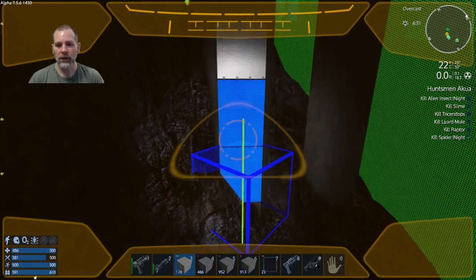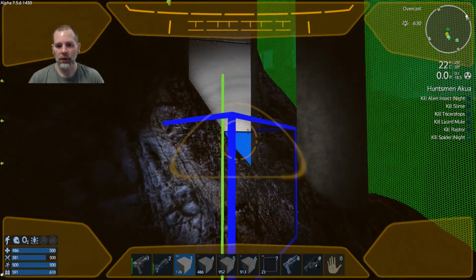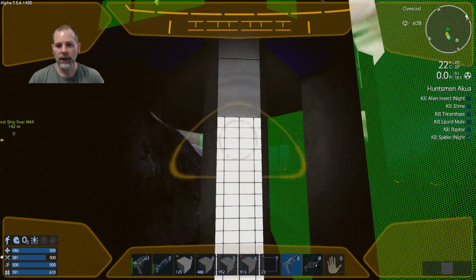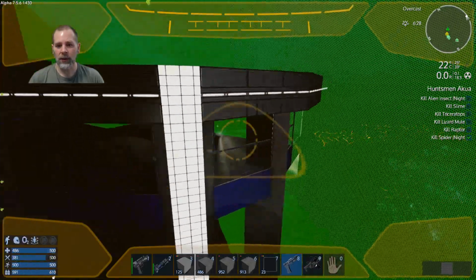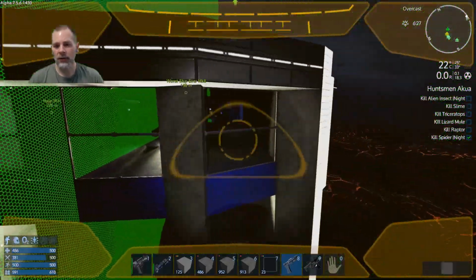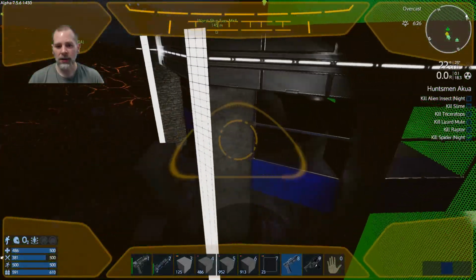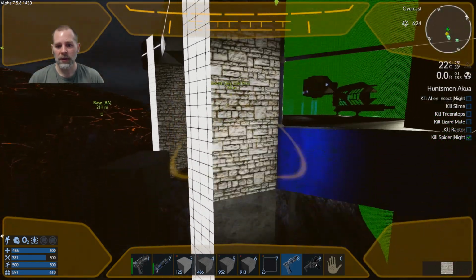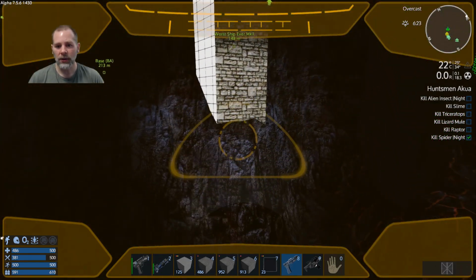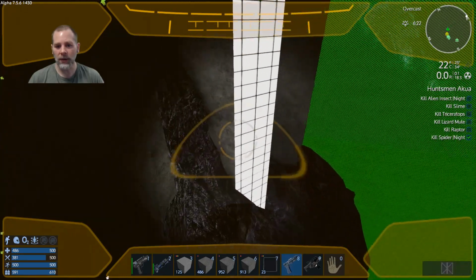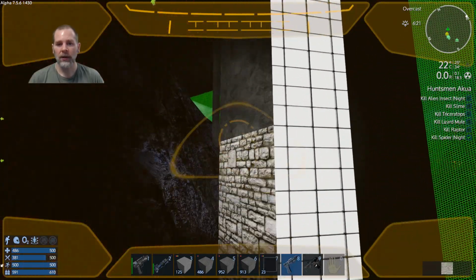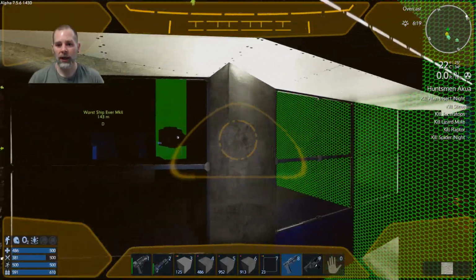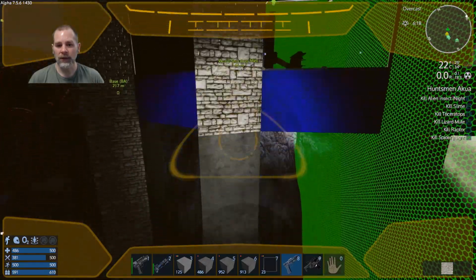And it's not going to go all the way down, is it? There we go. And one more. And then we should be able to paint these like this and have them match up on the other side. So everything over there is like that. And we'll get this painted in this texture. So at least we'll get some kind of consistent look here. And some of this too. There we go. And we could even do these, but I'm not sure if that's what I'm going to do